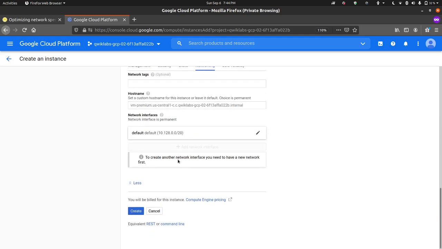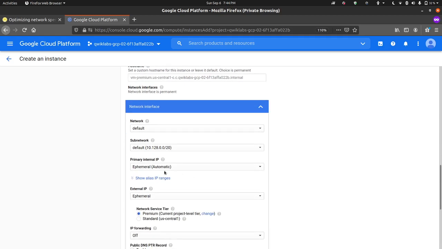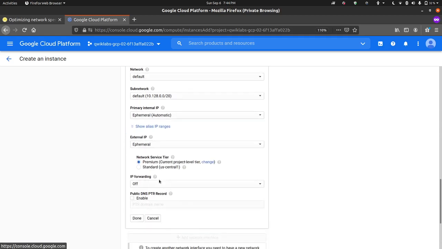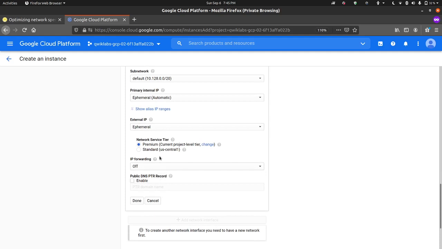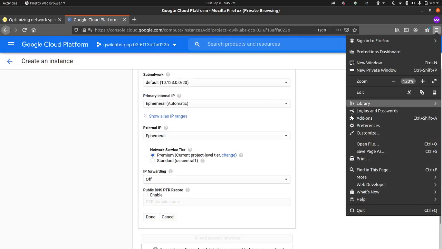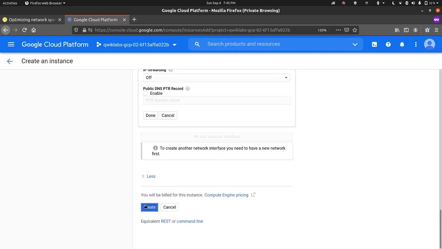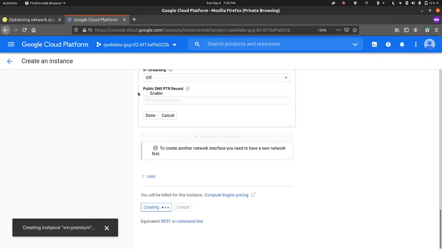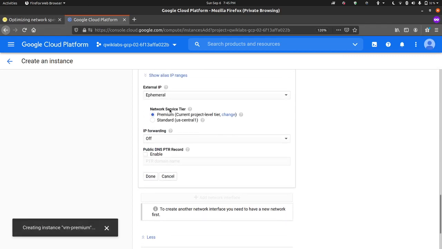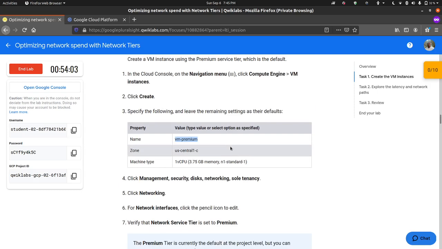Okay, so let's go in here and check that out. Where can that be found? Okay, so we're using premium. Let me zoom in a bit. All right, so we're using premium. Okay, so we're good to go. So click this one. It says a network service type. Maybe we will be able to see if we can create